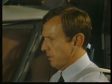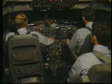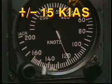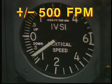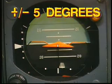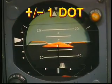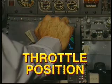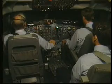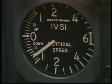Airspeed decreasing. And the pilot flying should be prepared to initiate recovery immediately if there are unusual changes in excess of plus or minus 15 knots indicated airspeed, or plus or minus 500 feet per minute vertical speed, or plus or minus 5 degrees pitch attitude. And additionally, on approach, plus or minus 1 dot glide slope displacement, or an unusual throttle position for a significant period of time. Keep in mind, however, these are not exact criteria, since other factors, including rate of change, must